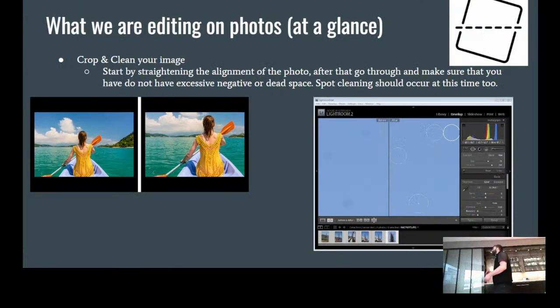So step one in my process and how I go about editing my photos when I'm doing this is I start by cropping and cleaning my image. So I start by straightening the alignment of the photo. After that, I go through and make sure that I have no excess negative or dead space, and I spot